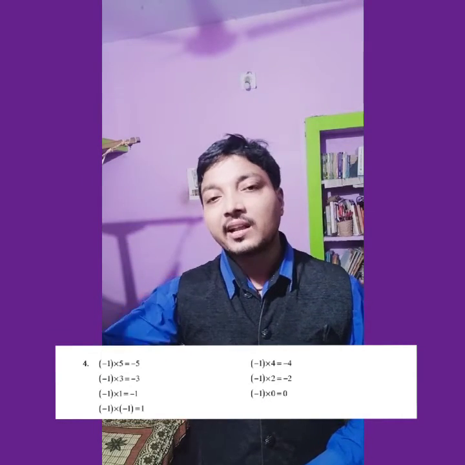So one thing I have observed: whenever from the 5, then after 4, then after 3, then after 2, then after 1, whenever I am reducing one of the factors from one number, it means the product is increasing by 1 on the negative side. Understood or not understood? Okay.